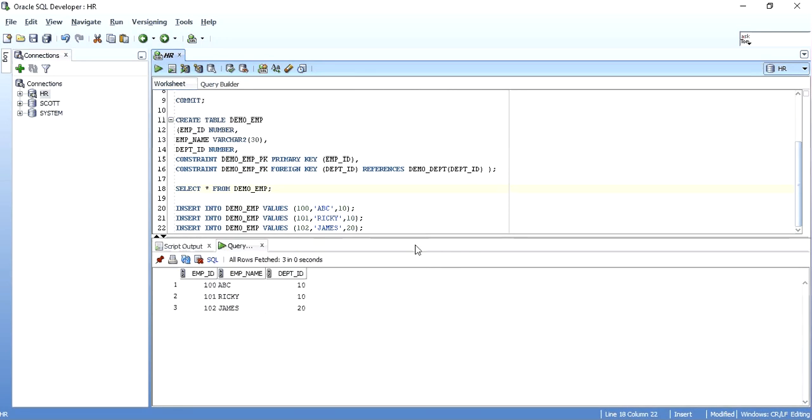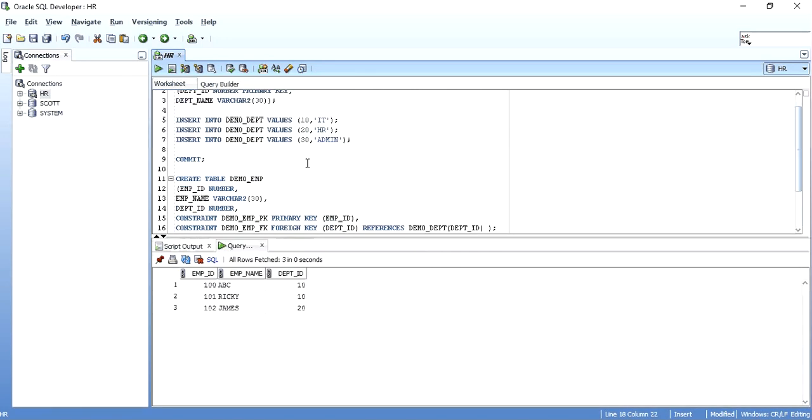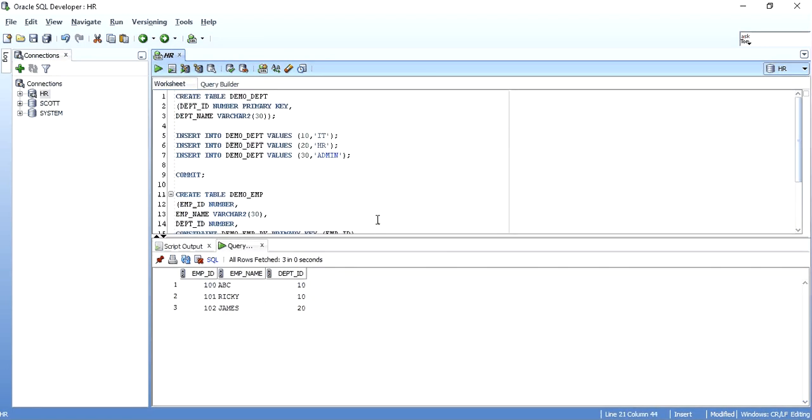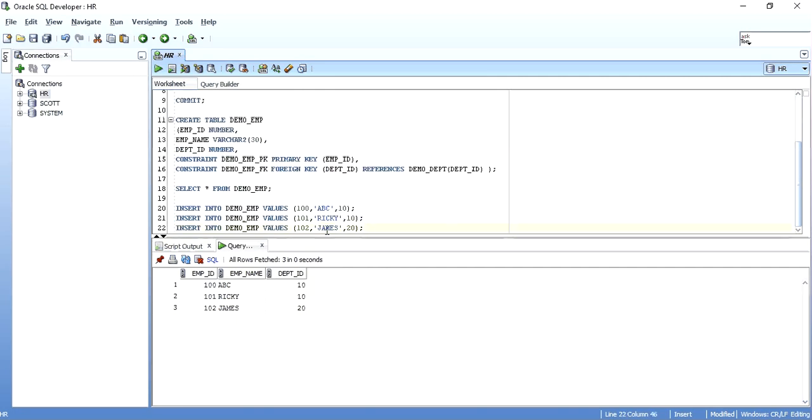What I want to show is that you can insert one record multiple times in your child table. There's no problem in that. There can be records in the master table which are not referenced in the child table. As you can see, 30 is not referenced over here. That is perfectly fine. So please be clear about these two things: you can repeat your master table's data in your child table, and there can be data in your parent table which is not there in the child table. That is also allowed.